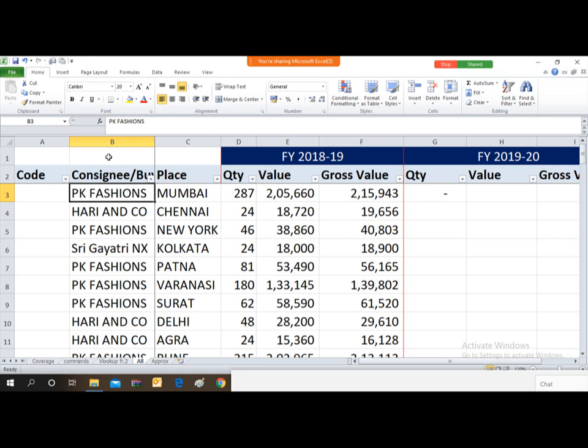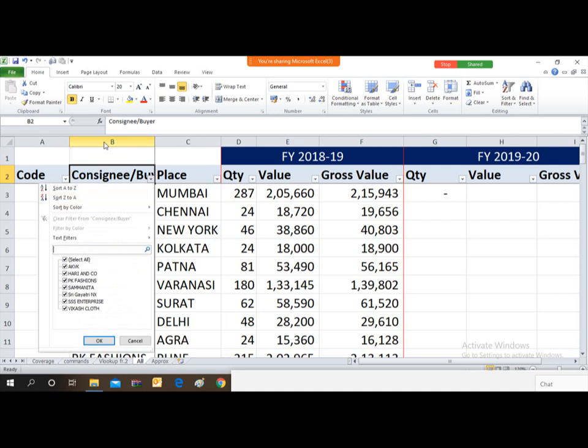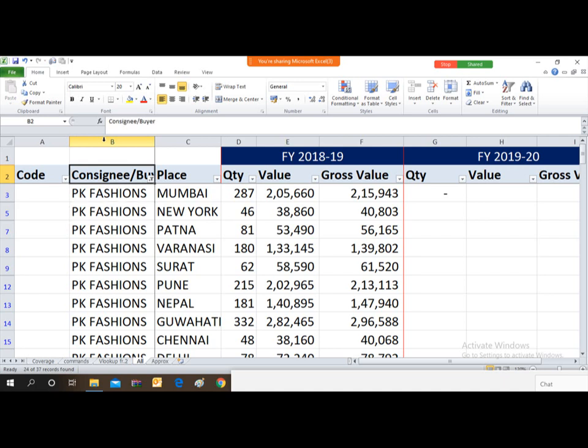So friends, let us join these two words. I also know that if I choose a particular party, say PK Fashion, in every city PK Fashion is there, but in the same city there are no two PK Fashions.